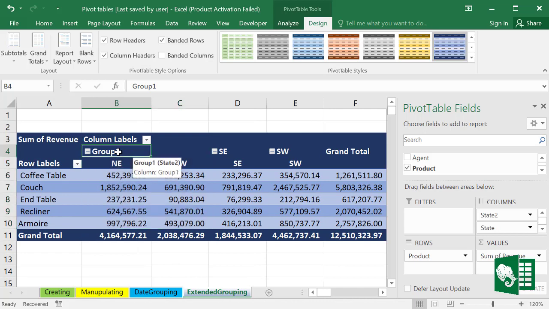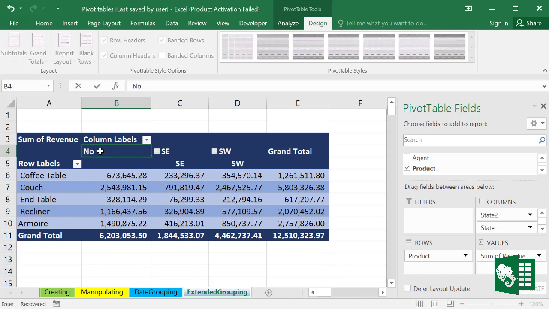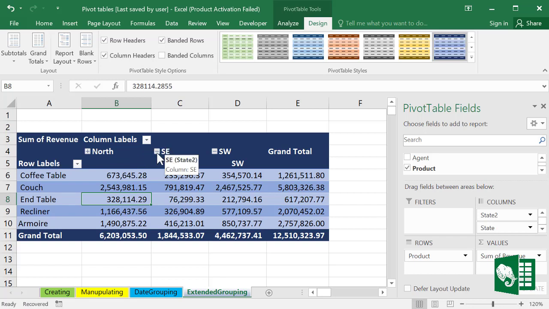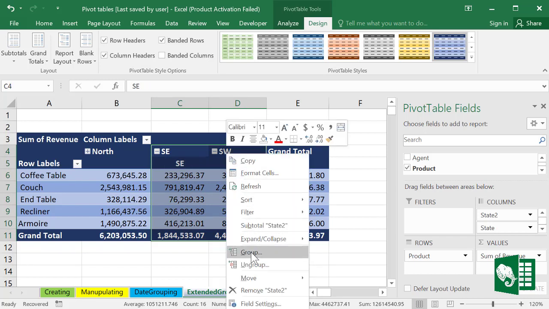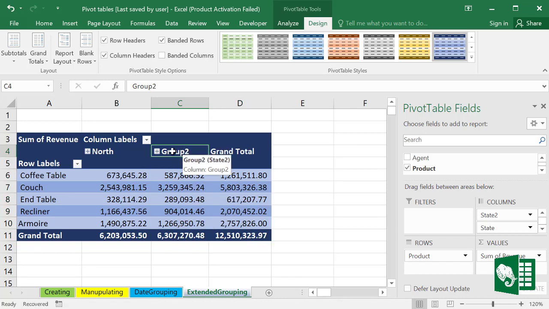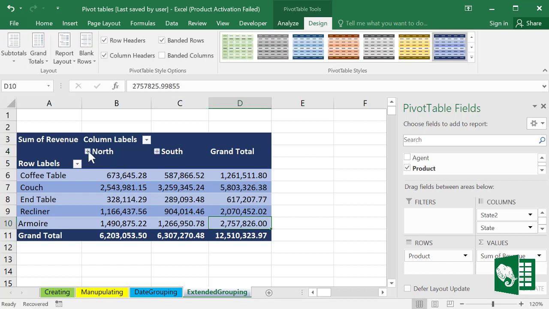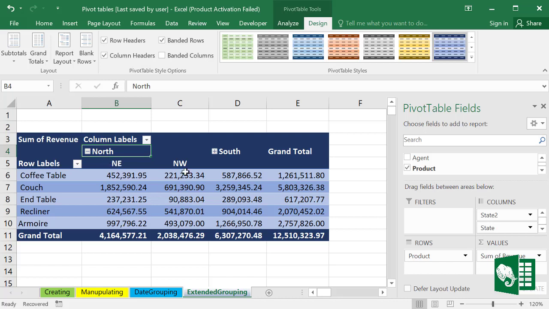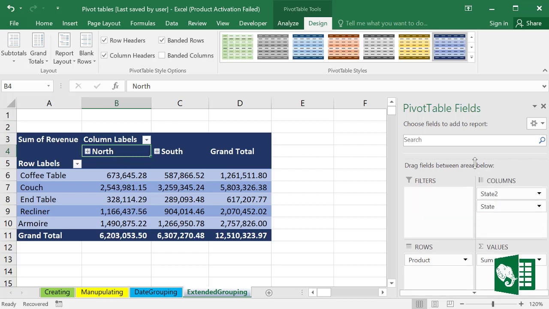Now we have grouped, and change the name to north. In the same manner, select these two regions, southeast and southwest, and right click and group and change the name to south. Now we can collapse to the compact form of our grouping, and we can also play with other analysis,